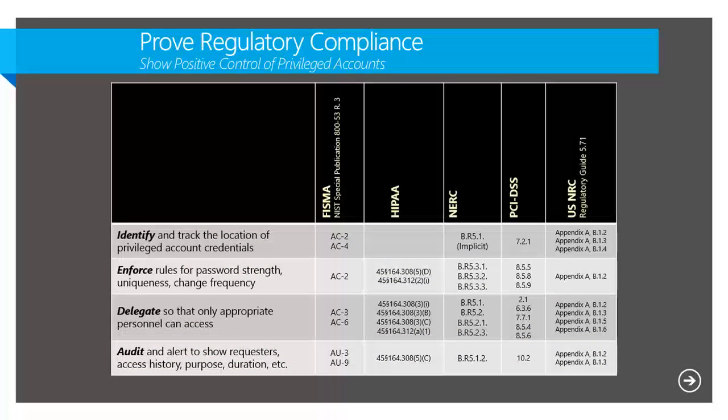So this slide deals with regulatory compliance. If you're saying to yourself, okay, so this company's talking about a problem, they've got a solution, why do I care? Does this really affect me? Is this really an issue? Well, what I did is I put up this chart to show you, based on different regulations. These are primarily US-based regulations. This doesn't cover Basel II or ISO 27001. It turns out that the management of these privileged IDs is actually hard-coded into the regulations. So you have to do these things.